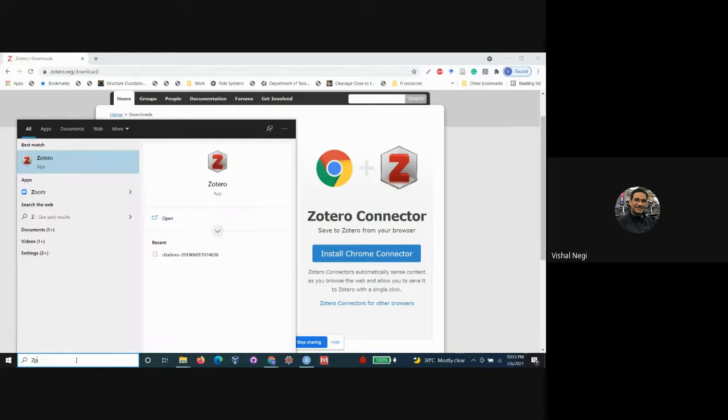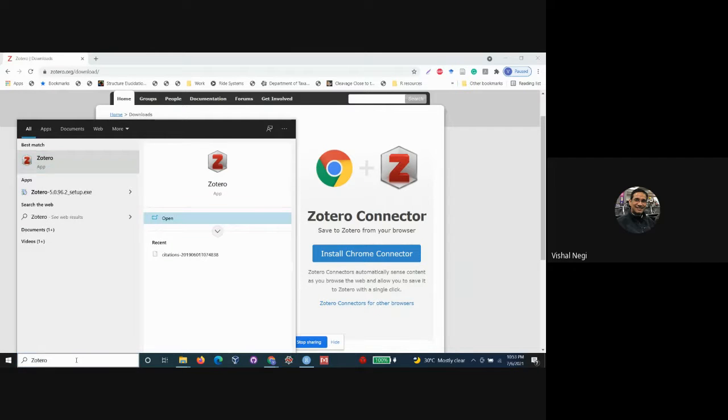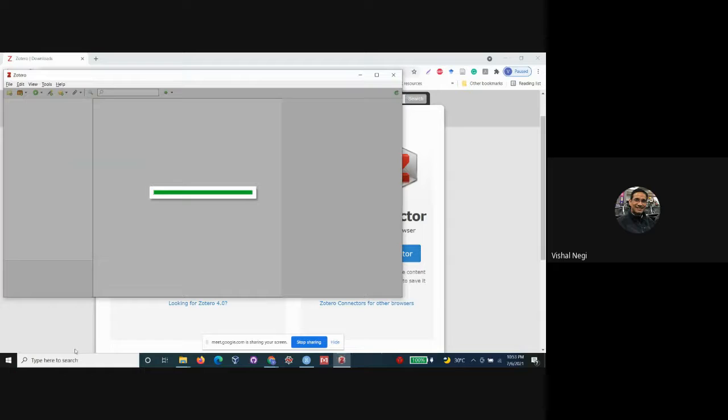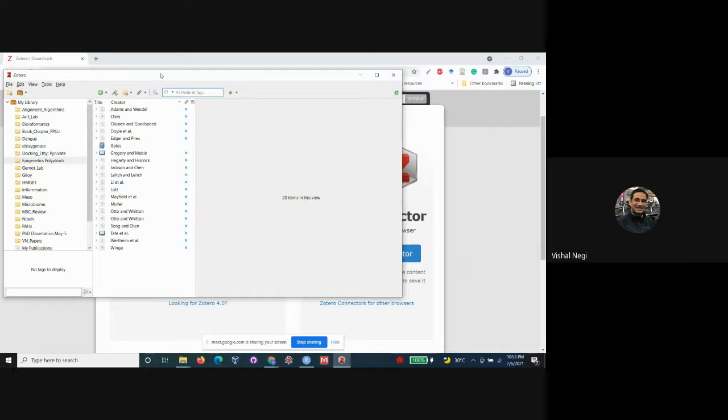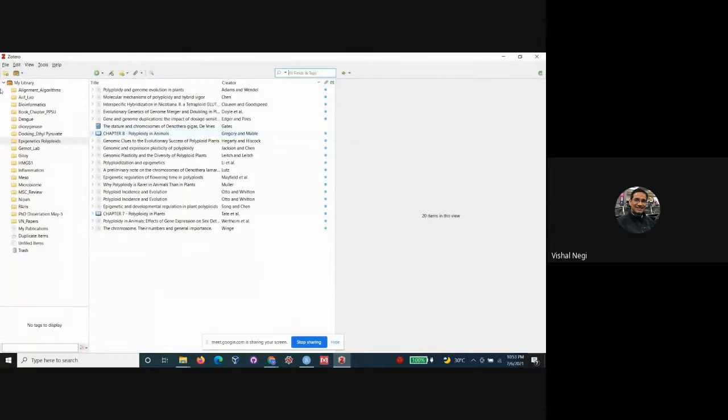So I'll just type Zotero in search window, and now this is my Zotero window in here. So you need to create a folder. For example, let us say you want to work on a specific area. So let us say epigenetics is the topic that I'm interested in, and I will actually use Zotero as a